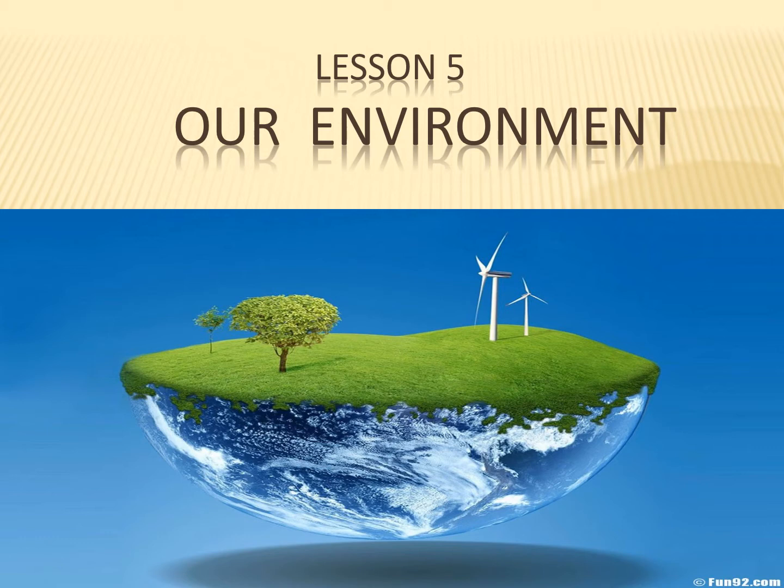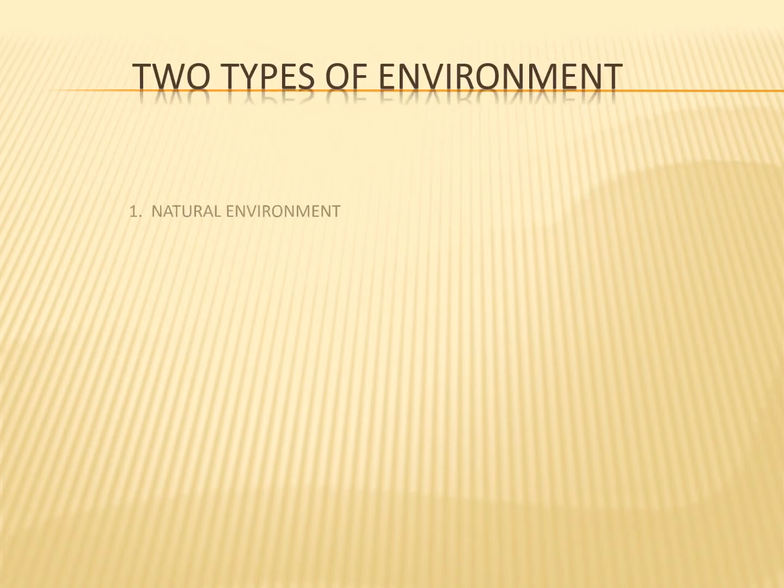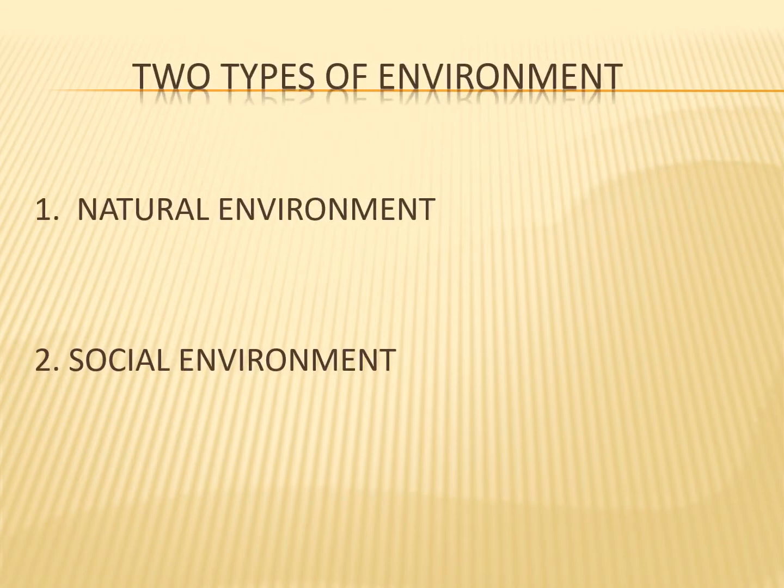Maybe different parts, some part is from social environment, some part is from natural environment, whatever that is. Actually the whole part is called our environment. What we see around us is our environment. This is in words the explanation of our environment. Our environment has two types: one is natural environment and another is social environment.